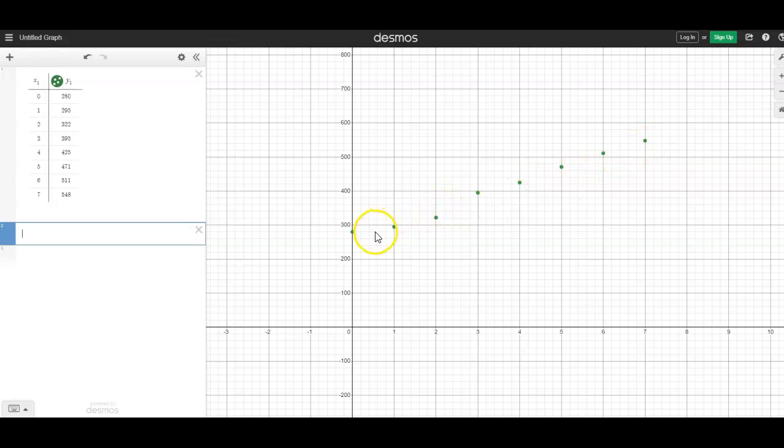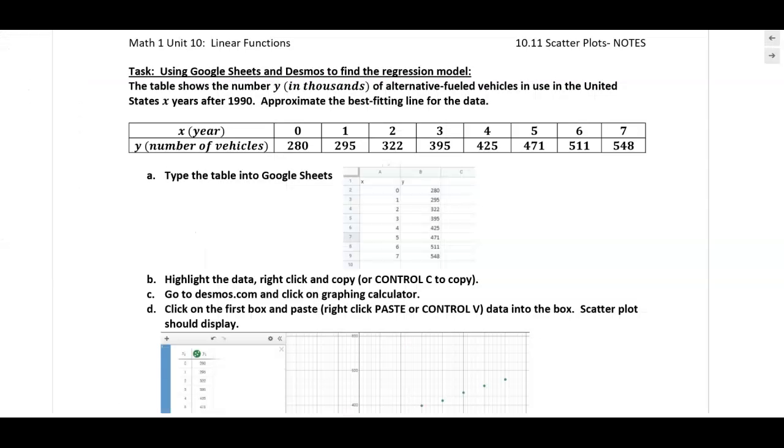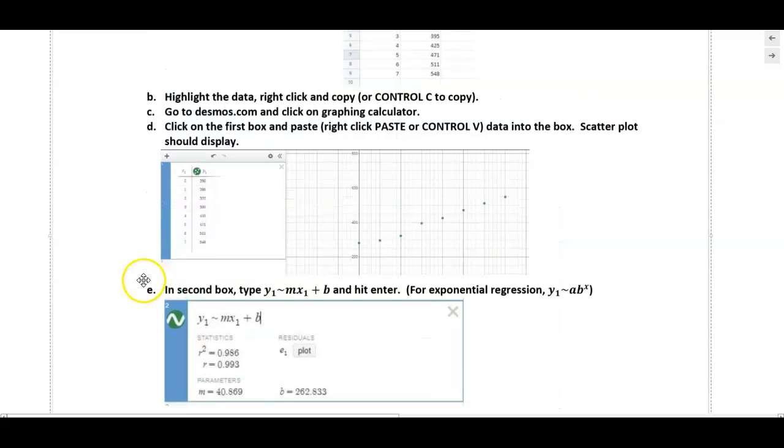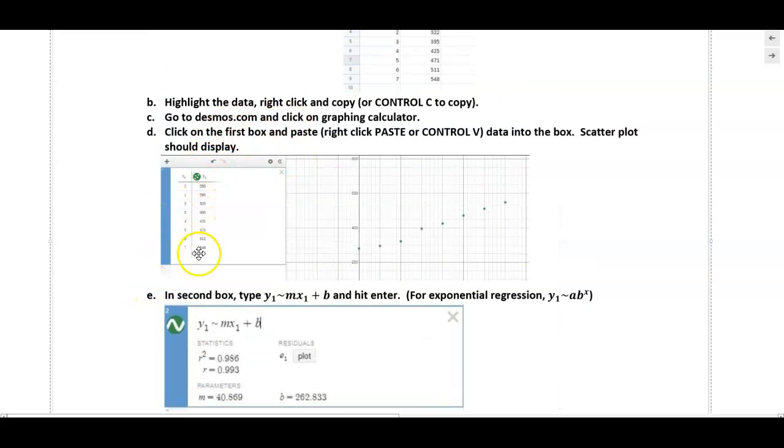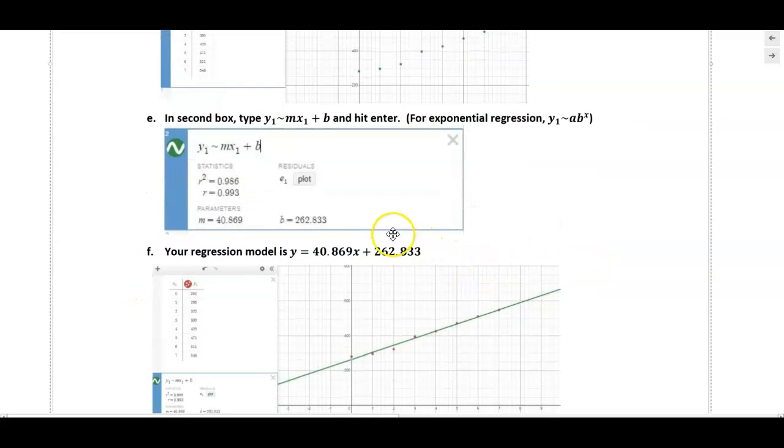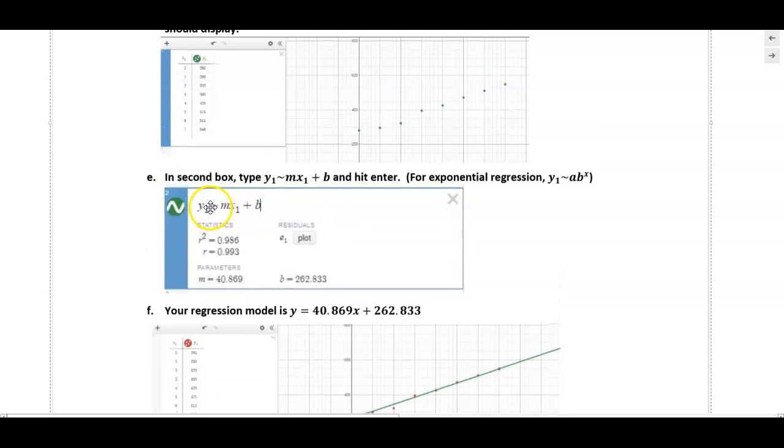Does it come close to modeling a line or an exponential growth or decay function? When I look at it, it looks like it's going to be a line. So we typed it in, we highlighted the data, went to Desmos, typed it in, and this is our data. So what you're going to do now is type this in. Since we determined that it models a line, we're going to